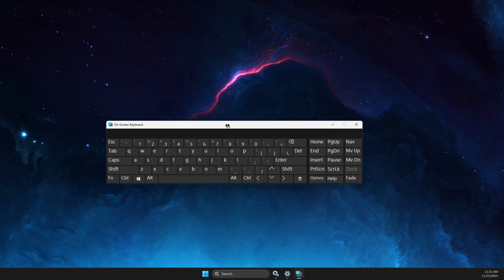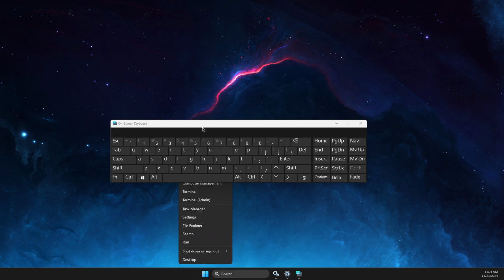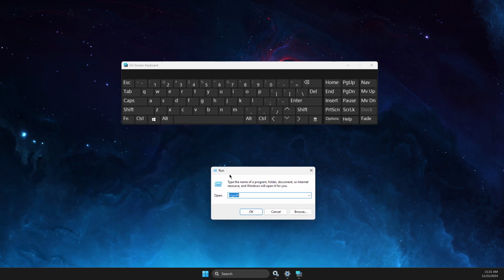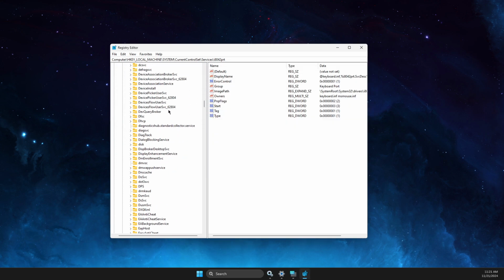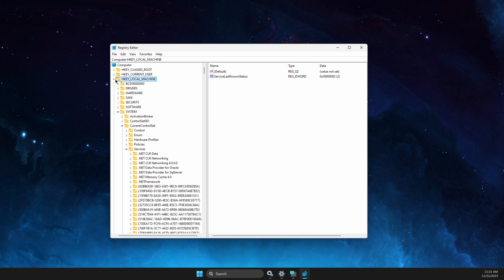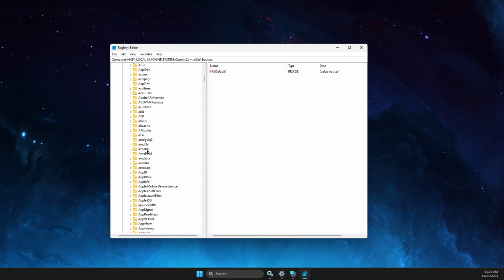Then right click on the Windows icon here, and hit Run. Then with the keyboard, write regedit here, right? Then select Yes. I already did that, but you need to look for HKEY_LOCAL_MACHINE. After that, go to System, then CurrentControlSet, then Services, and scroll down until you see